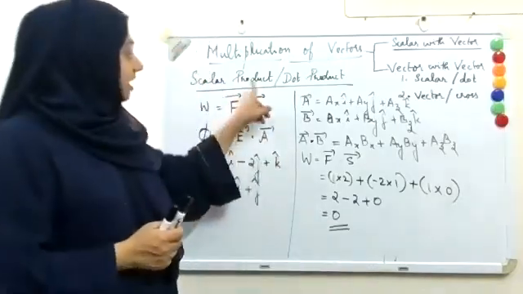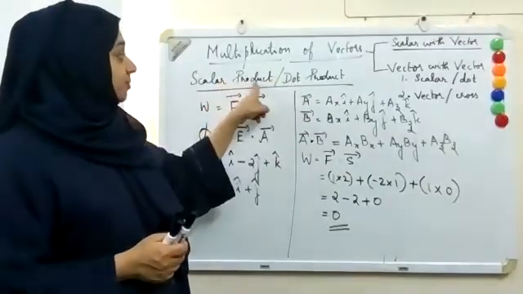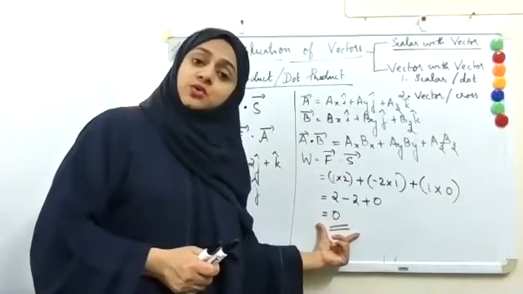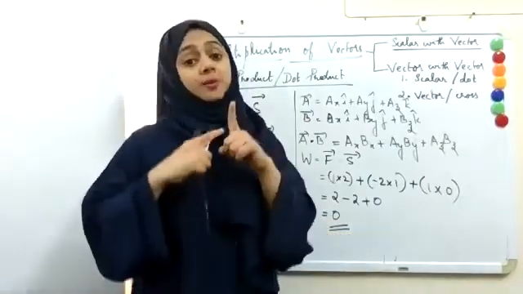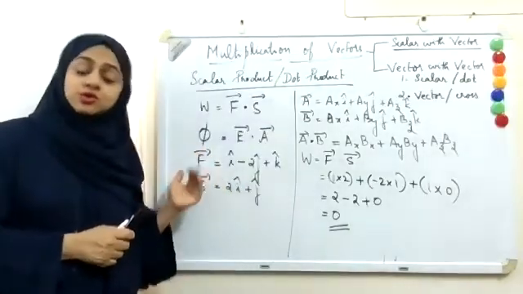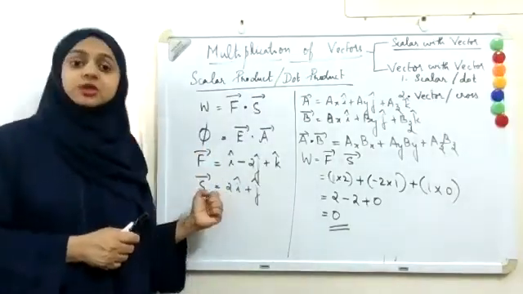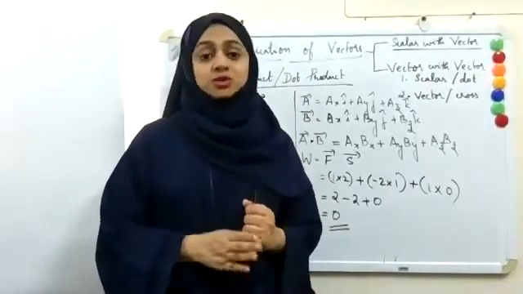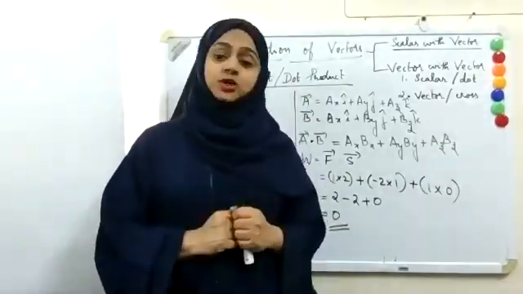So if you take the dot product or scalar product of two vectors, and if it turns out to be 0, you can tell that they are perpendicular to each other. So here the force applied is not 0 and the displacement is not 0, but the work done is 0, which means the force and displacement are perpendicular to each other.